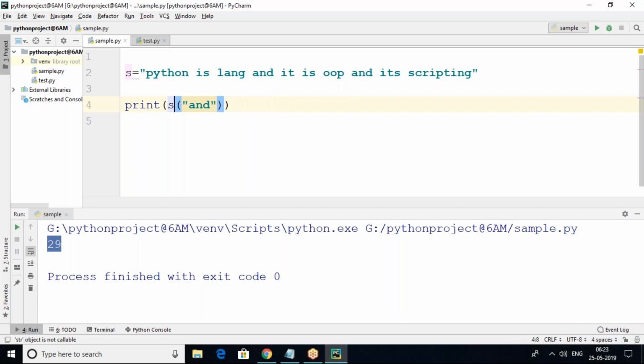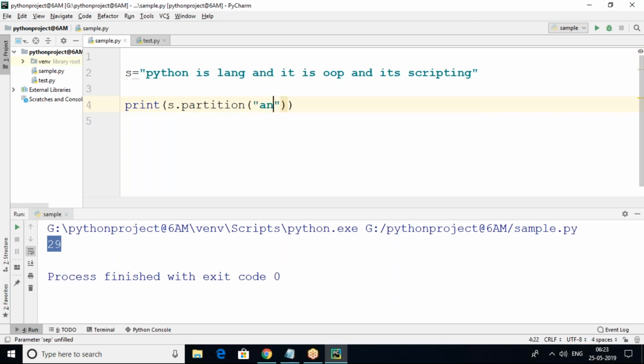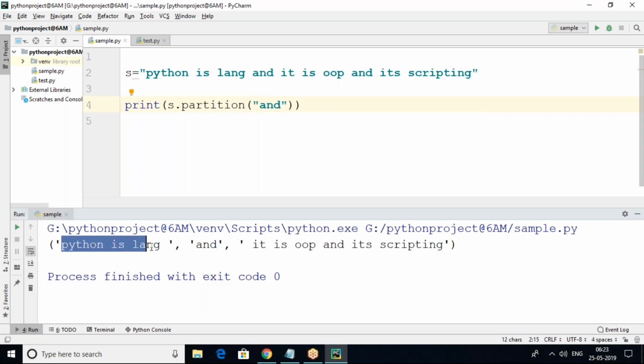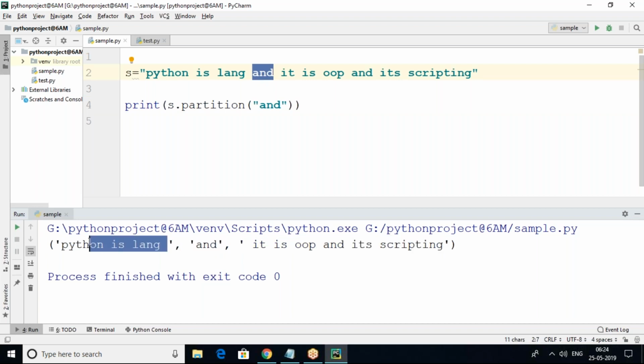Suppose s dot partition, and here I'm using 'and'. Now let's run. Now you can see Python is language, and here it is there. Whenever 'and' is there, immediately it is going to be split by partition, and the remaining words are also in tuple format. This is one, this is one, this is one.